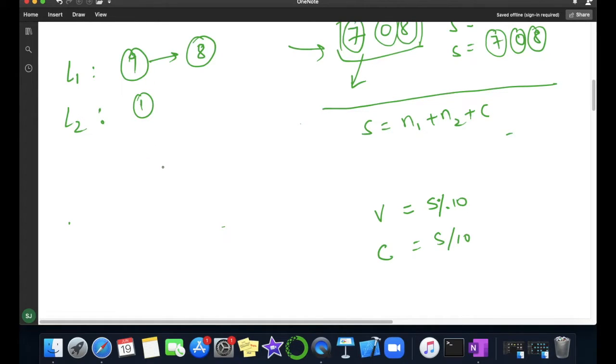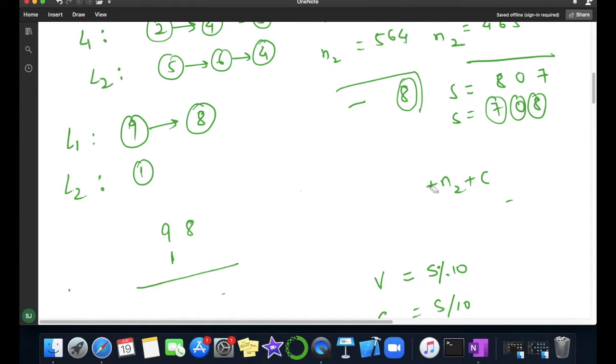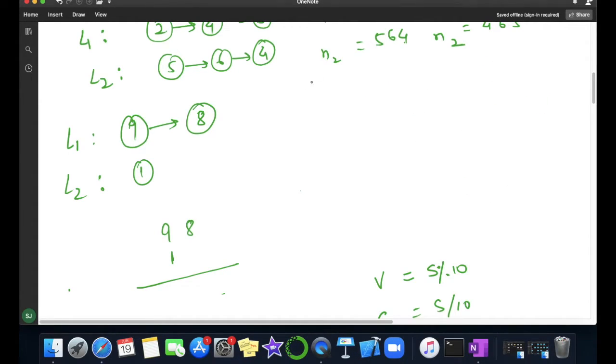So my value is here 98, and for the very first I am here, this is 1. So applying the previous method, let me explain you first here. Previously my n1 will be how much? 98, then I have to reverse, I will get 89. n2 is how much? 1. After reversing also I will get 1. I will simply add these two. How much we will get?